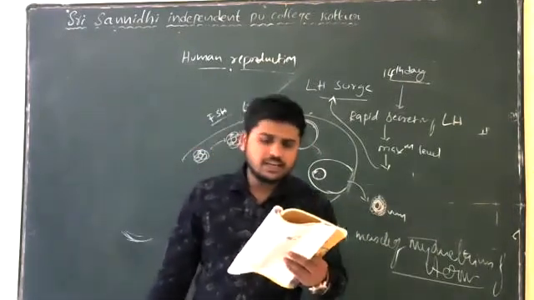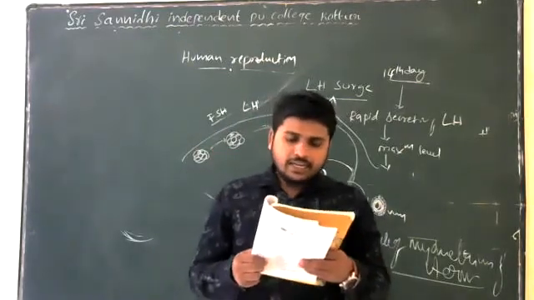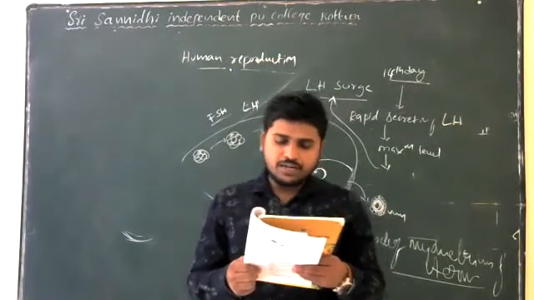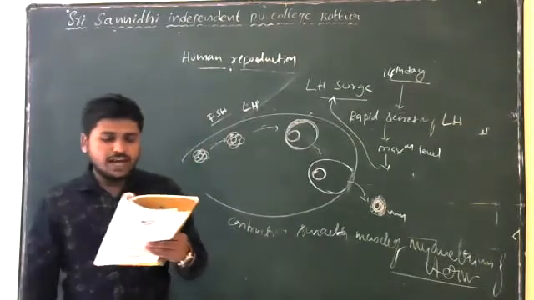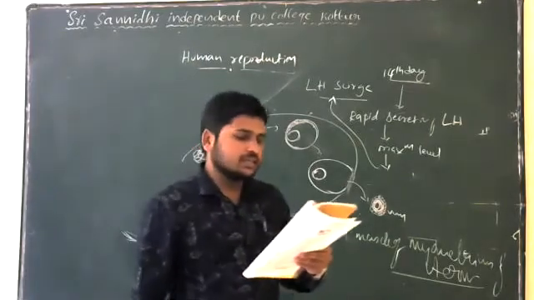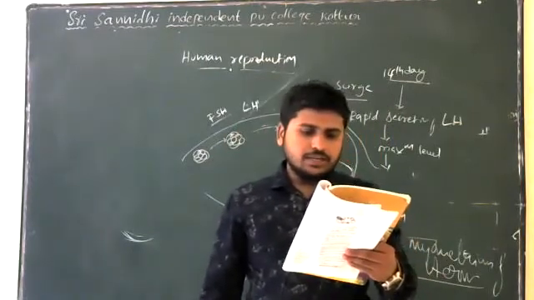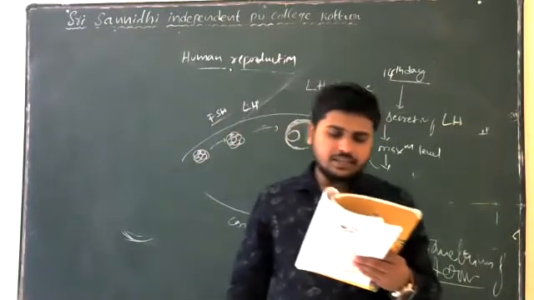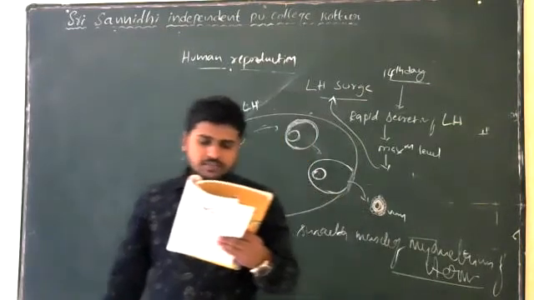For parturition to initiate, release of prolactin hormone is not important. Increase in estrogen and progesterone ratio, that is also very important, right? That's why release of prolactin is not an important component to initiate the parturition. So here, option 3 is the right answer. Increase in the estrogen and progesterone ratio. So next,